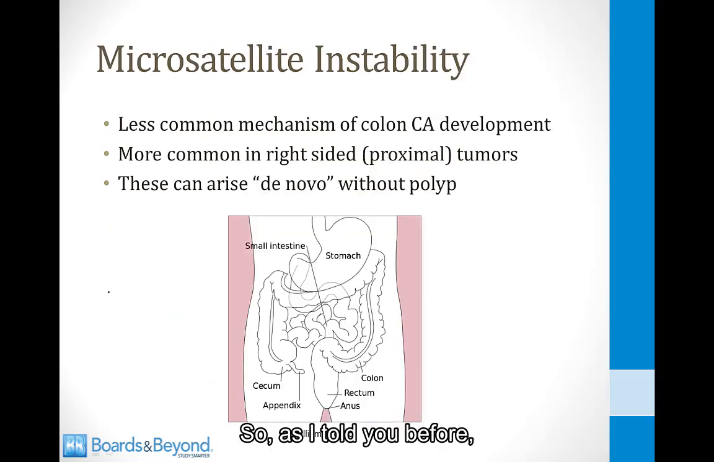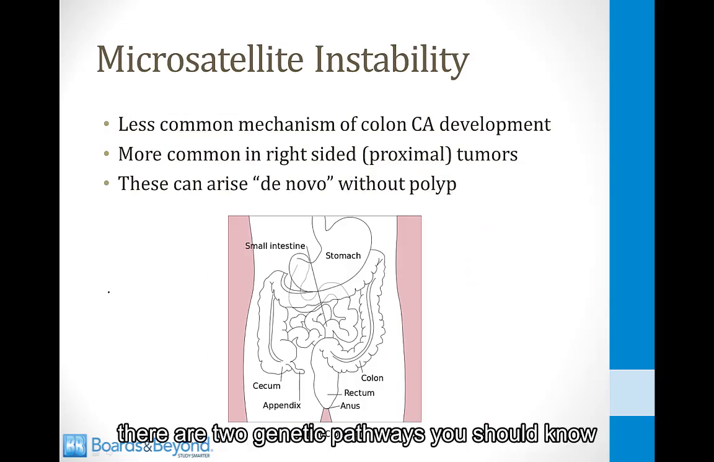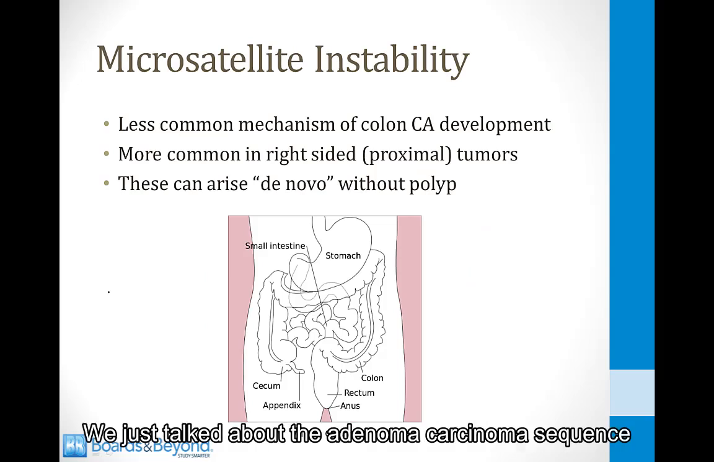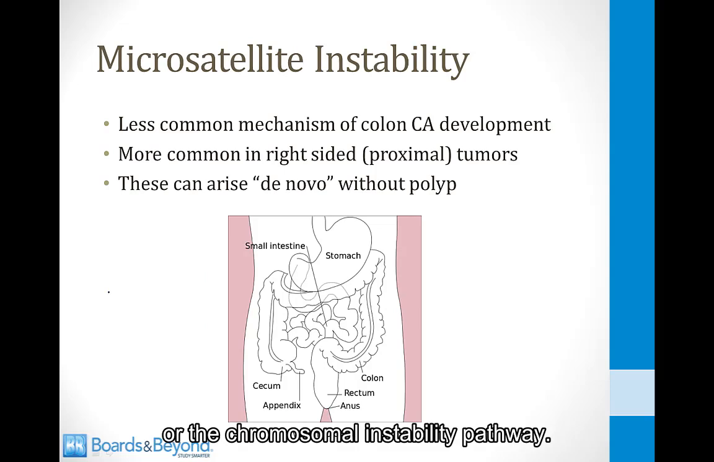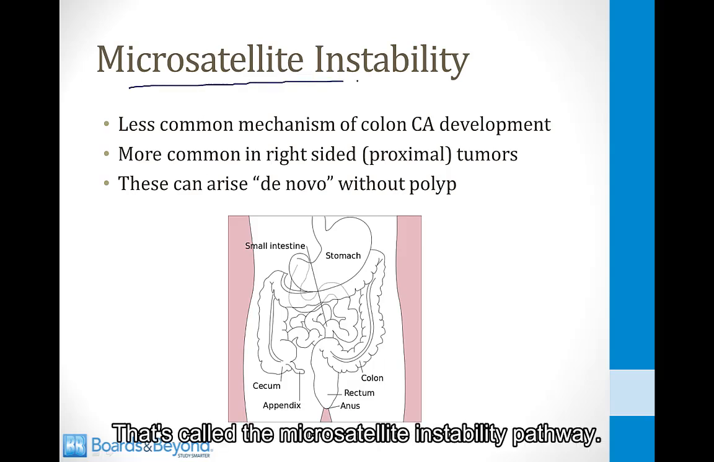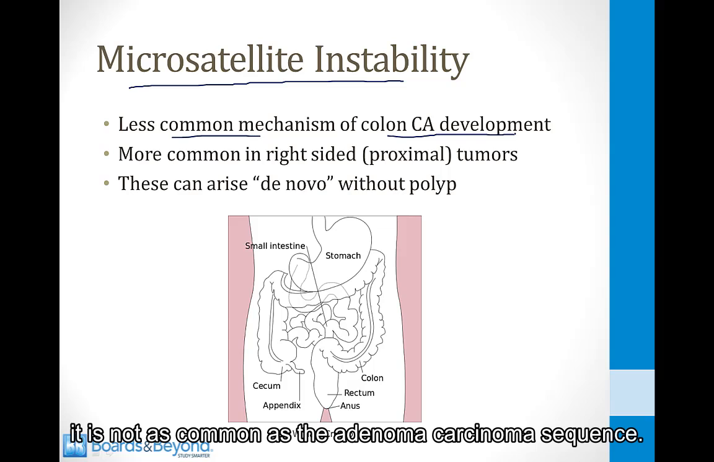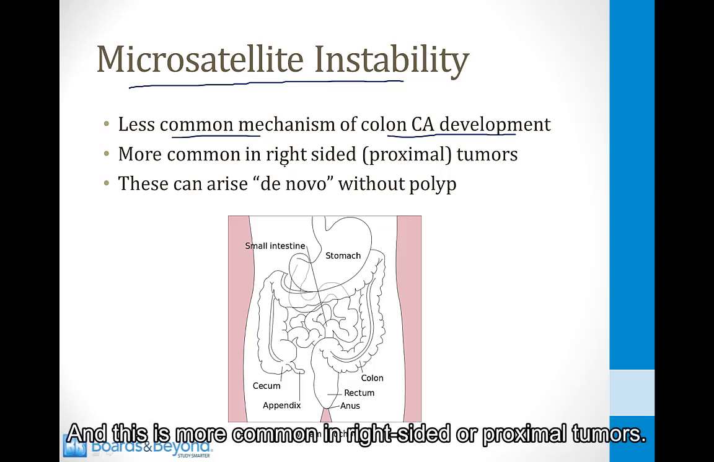So as I told you before, there are two genetic pathways you should know that can lead to the development of colon cancer. We just talked about the adenoma carcinoma sequence, or the chromosomal instability pathway. Now I'm going to talk about the other pathway that leads to colon cancer. That's called the microsatellite instability pathway. This is a less common mechanism of colon cancer development. It is not as common as the adenoma carcinoma sequence. And this is more common in right-sided or